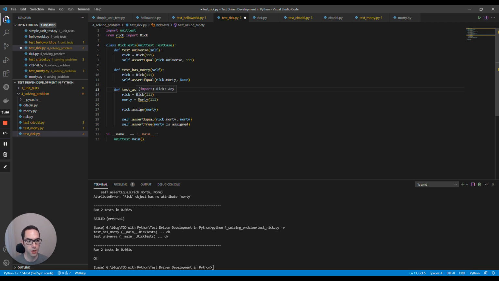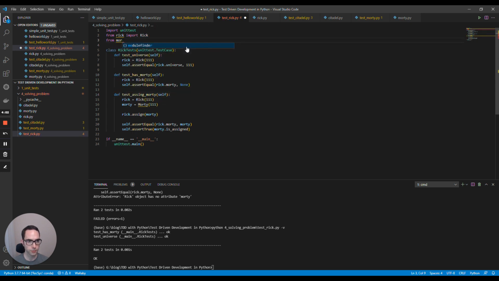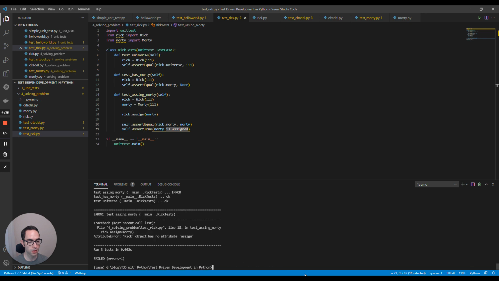In this test, we first create a Rick object and we create a Morty object, and for that we need to import a Morty class. All right. And then we call the assign method on the Rick object. This method does not exist, so this test will fail. And then we assert if the Morty here is the correct Morty that we've passed as an object, injected there. And we are also going to check if the Morty field is assigned has this correct value. So if we run Rick tests again, we can see that it will fail because there is no assign